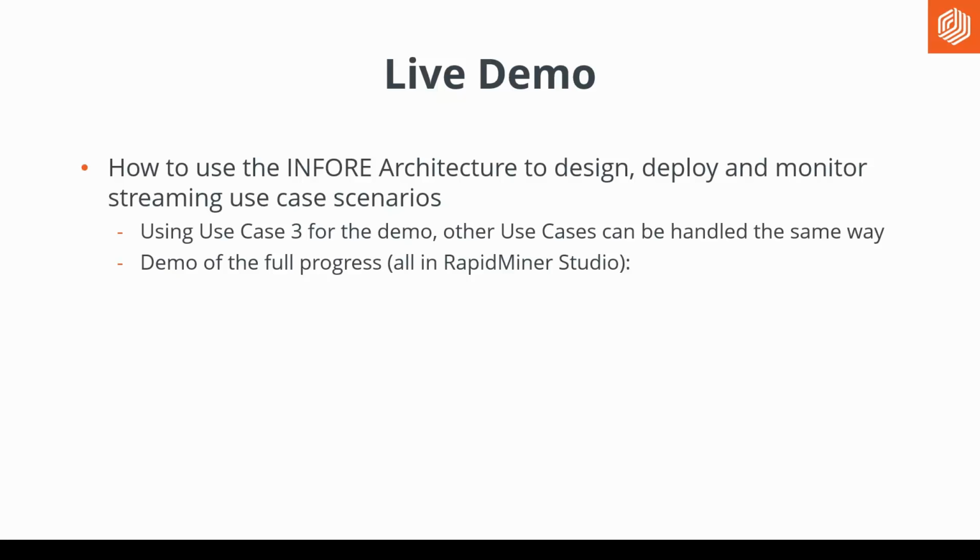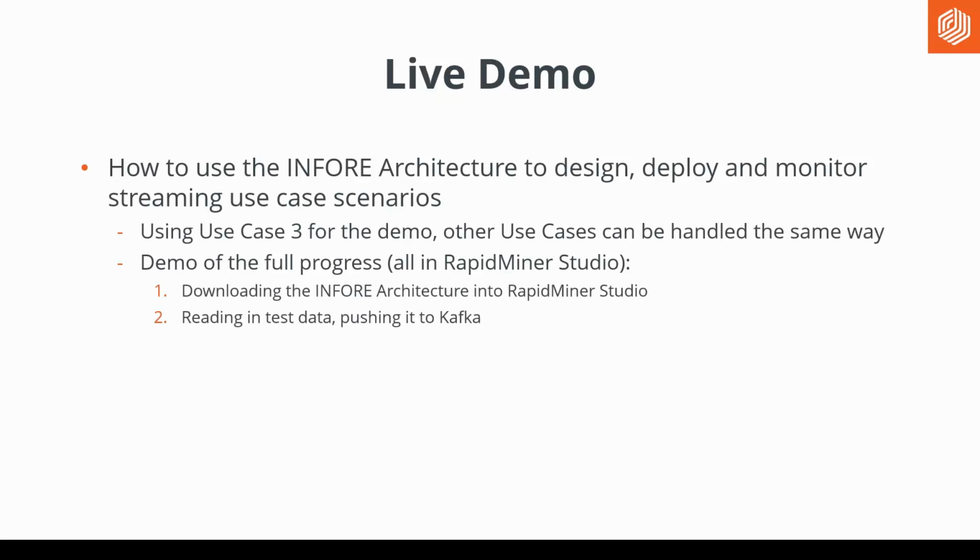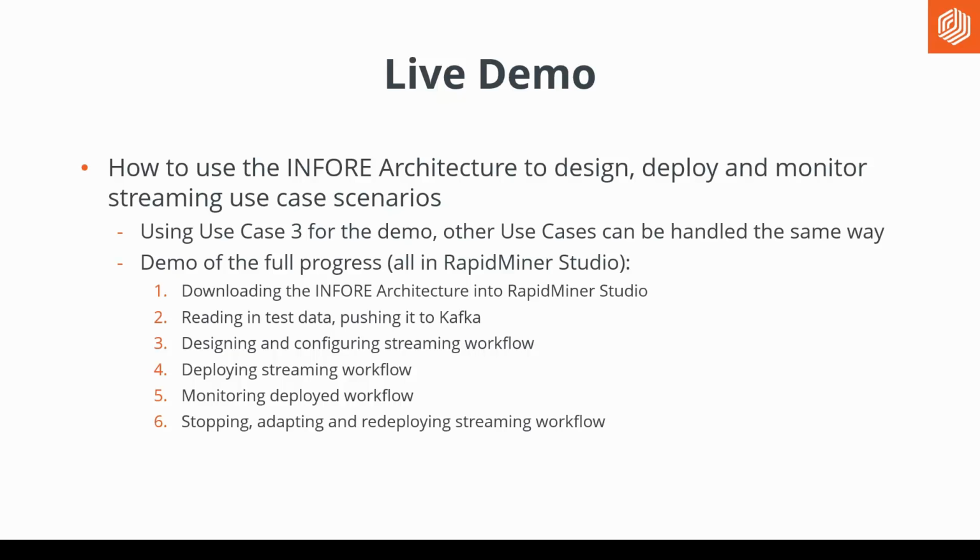the same way. And I want to do this because I want to enable everyone to use the current state of the architecture to work on their workflows in the architecture. So you should be able to do the full process, from downloading the architecture into Rapidminer Studio, reading test data, pushing it to Kafka, designing, configuring, steering workflows, deploying them, monitoring them, stopping them, also adapting and redeploying them, and also consuming the test results, so that you